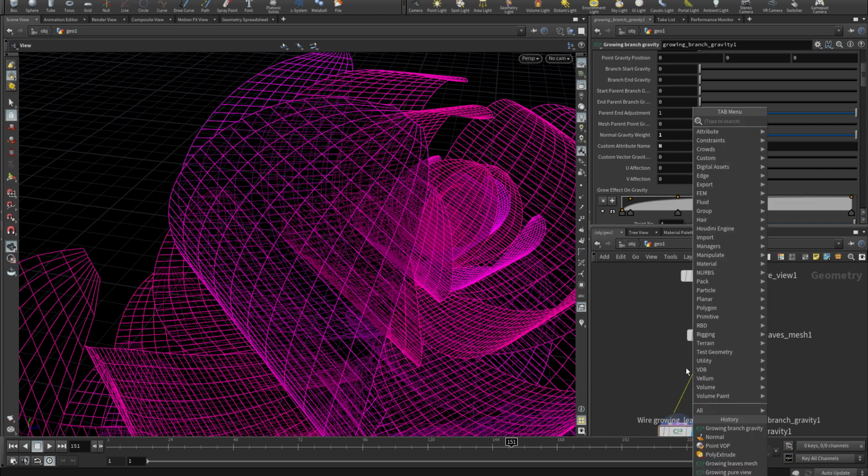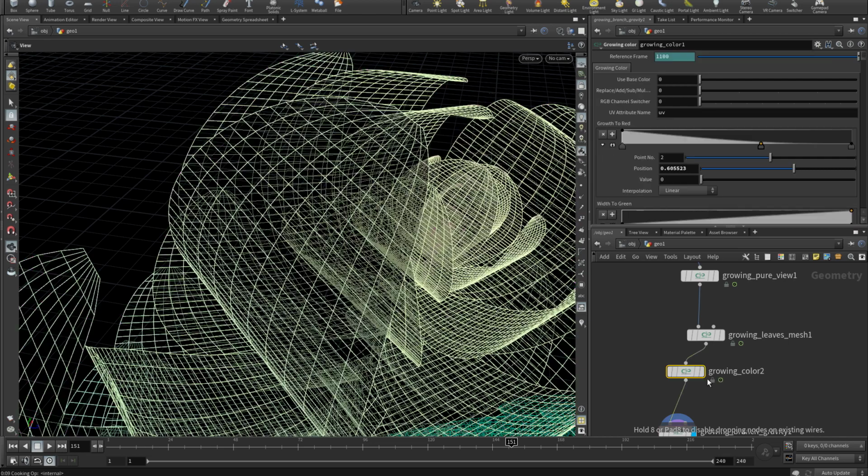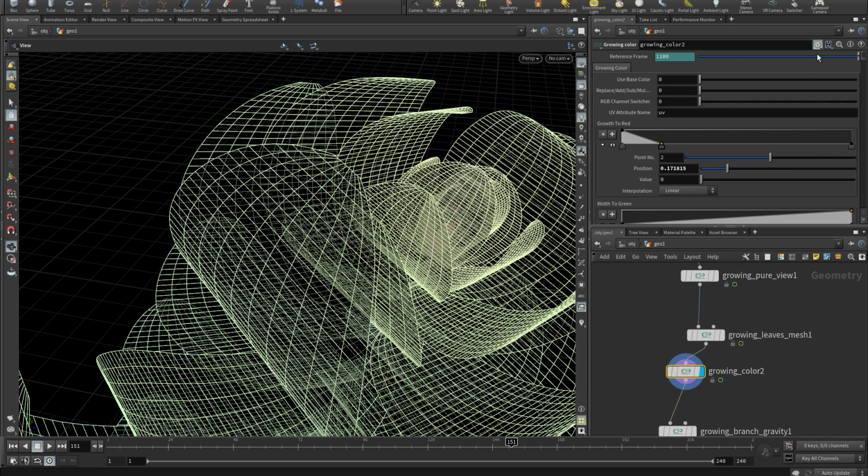We need to have some drawing color. In this growing color, I will load the 0 preset to turn everything to black,